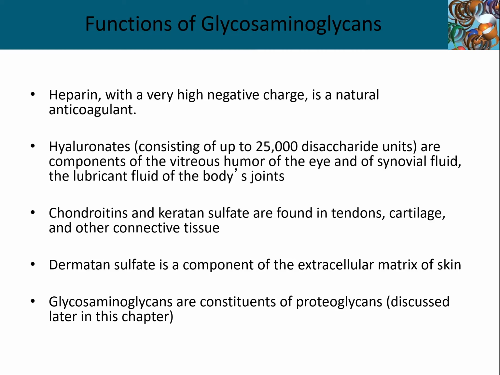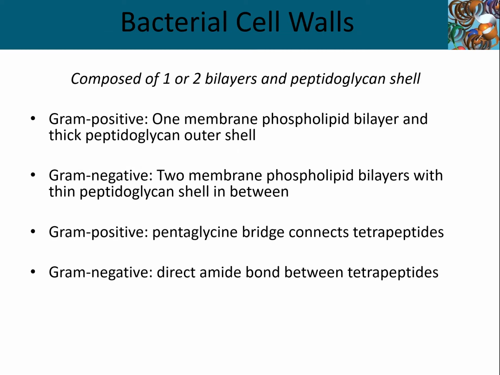And all of these glycosaminoglycans are also constituents of a type of modified protein called the proteoglycan, which we'll get to at the very end of the chapter. Now, many of you have had some basic microbiology, and I'm not going to go into significant detail on the differences between gram-positive and gram-negative bacteria and the chemical constituents of their shells which make up these differences. I'm just going to skim through here, zipping through some slides because I don't want to take this out way past an hour and 15 minutes for everybody's well-being.